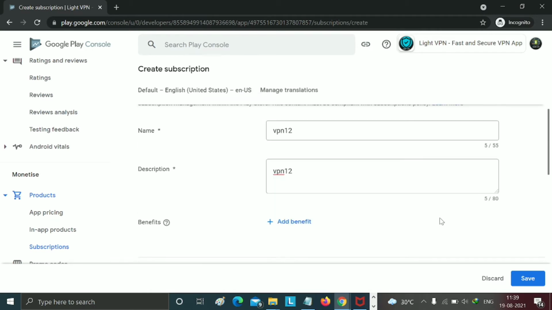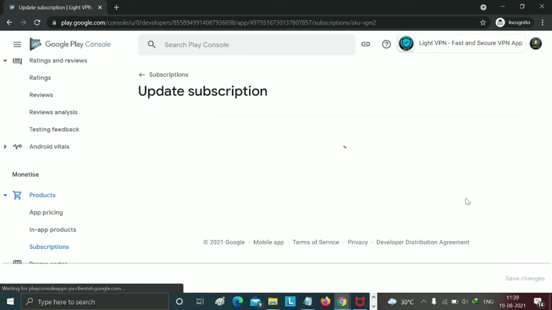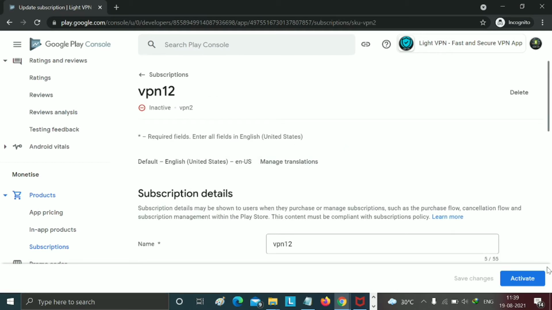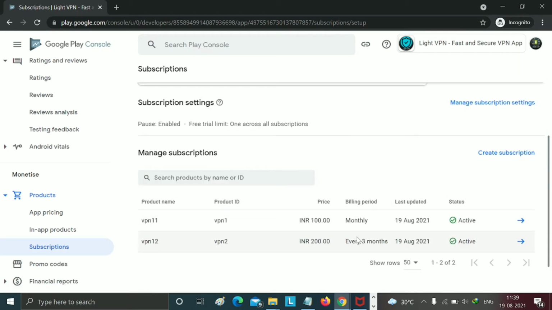Don't do anything in other options. Just click on save and click on activate. Again click on the subscription option, and you can see I have added 2 subscription plans.